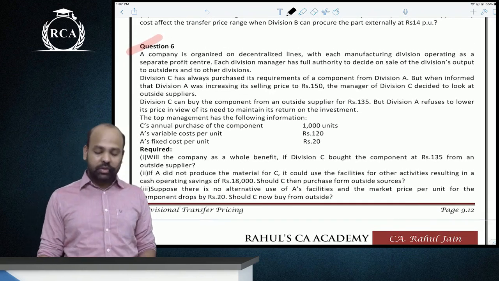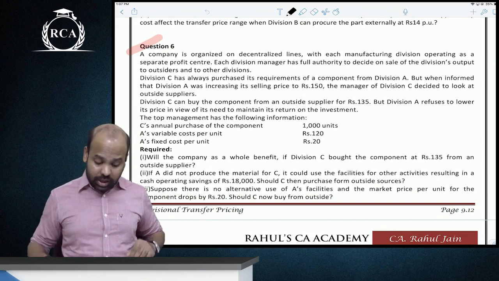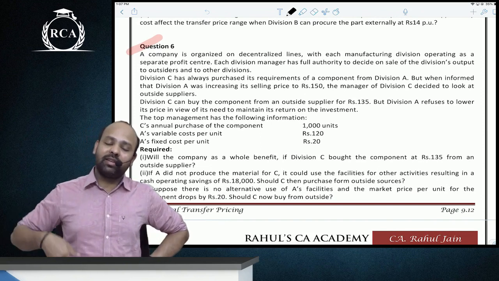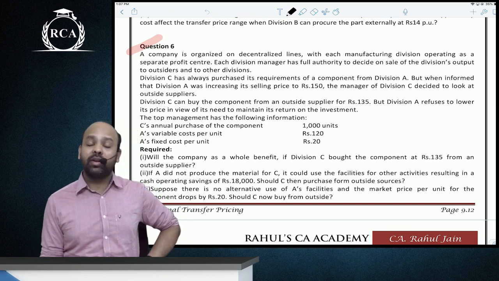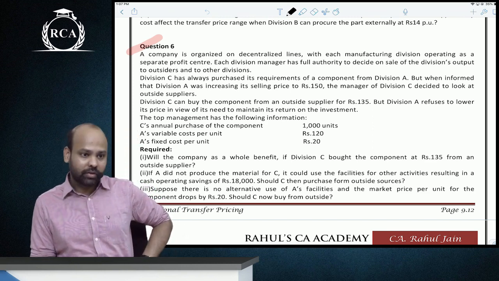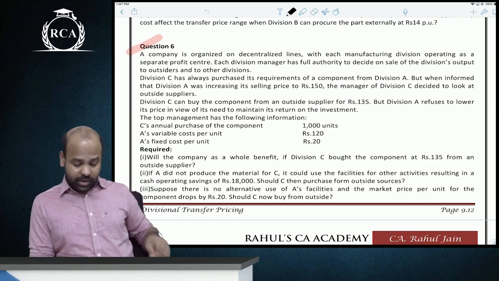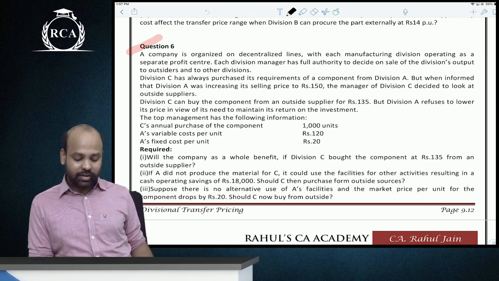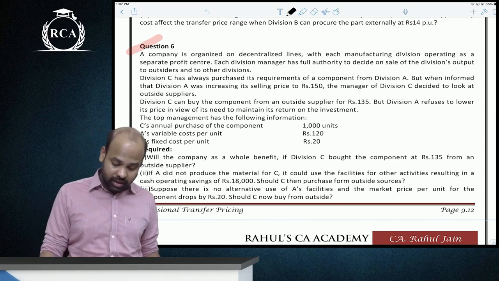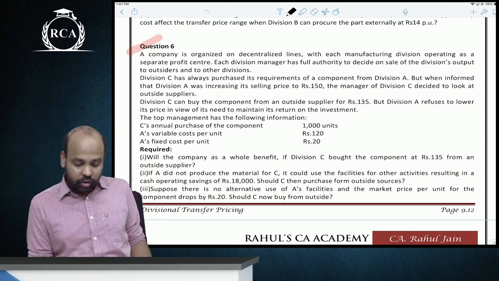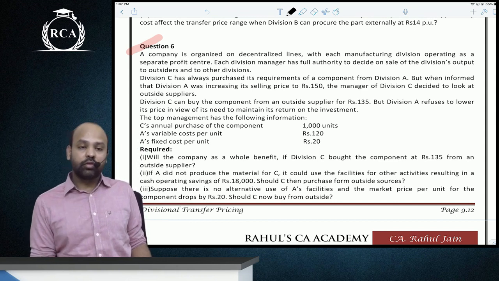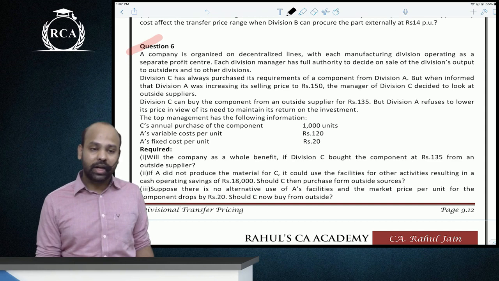We are done with the first 5 questions. A company is organized on decentralized lines, guys. This is why we have decentralization. Yes or no? Yes, sir. With each manufacturing division operating as a separate profit center. Each division manager has full authority to decide on sale of the division's output to outsiders and to other